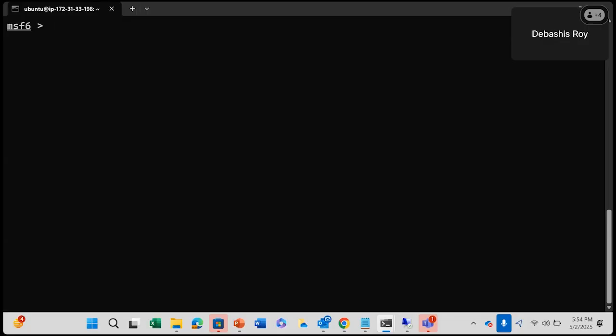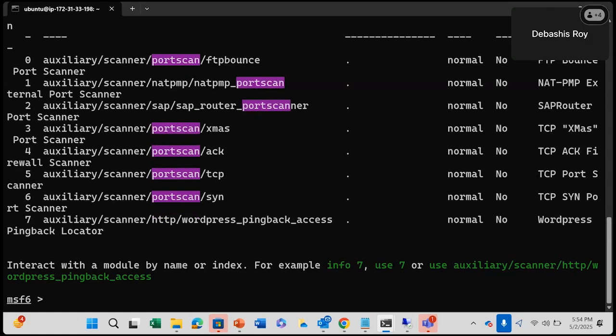So I want to do a port scan without using nmap, just by using the Metasploit framework. So I can specify, for example, search port scan. The moment I do, it gives you all the port scan modules that are available in the Metasploit framework.